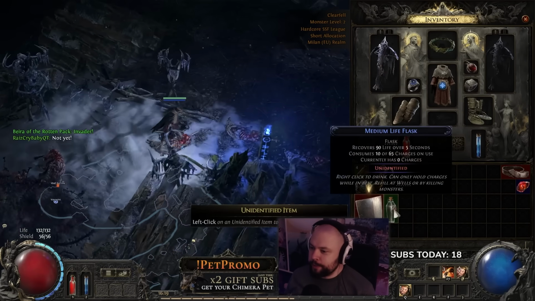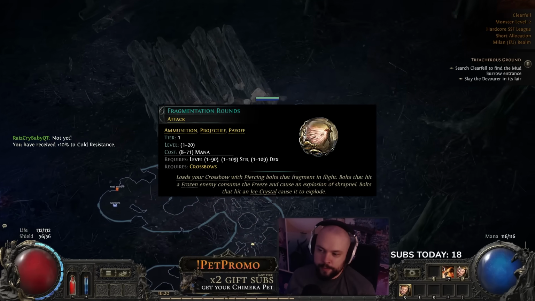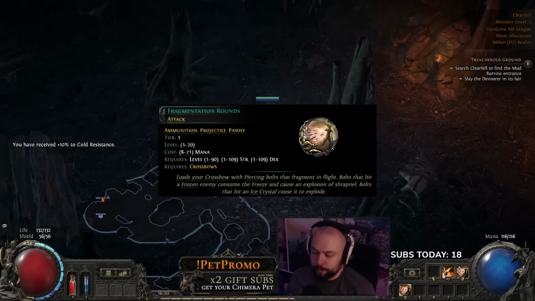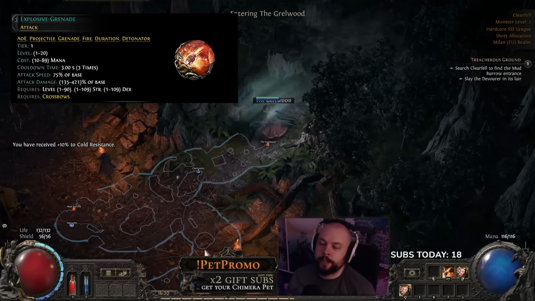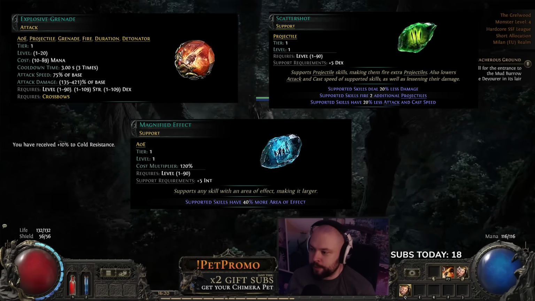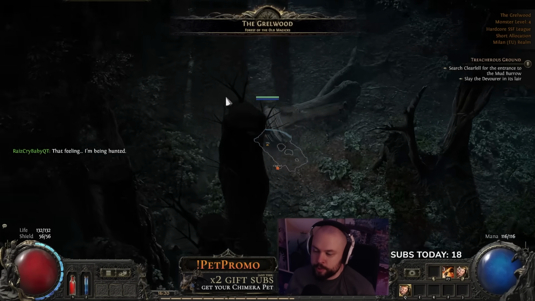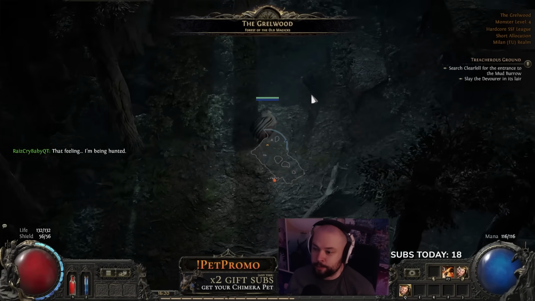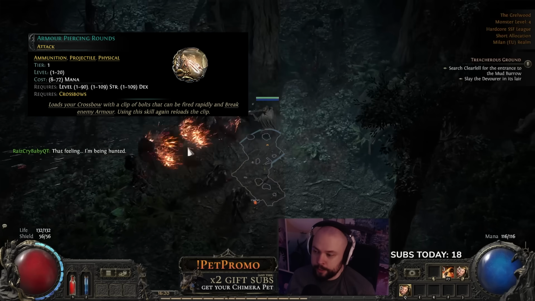Without further ado, let's get into the skill gems. When you start on the beach, you're going to be using fragmentation rounds. You will then get to town and immediately switch to explosive grenade with your first skill gem. If you have supports available, scatter shot and magnified effect are incredibly effective. For your single target, you can support your auto attacks with armor piercing rounds that you then link with brutality